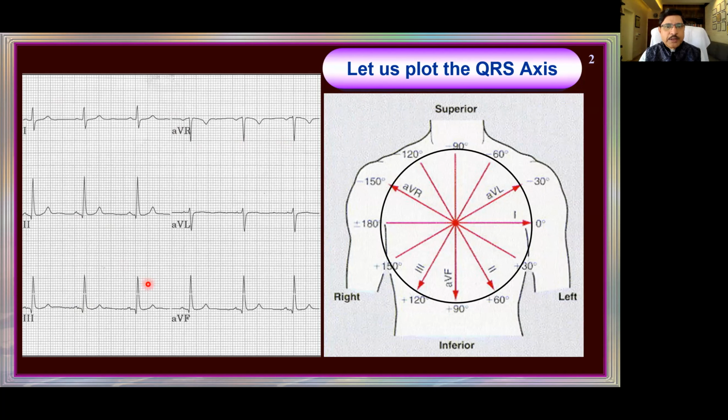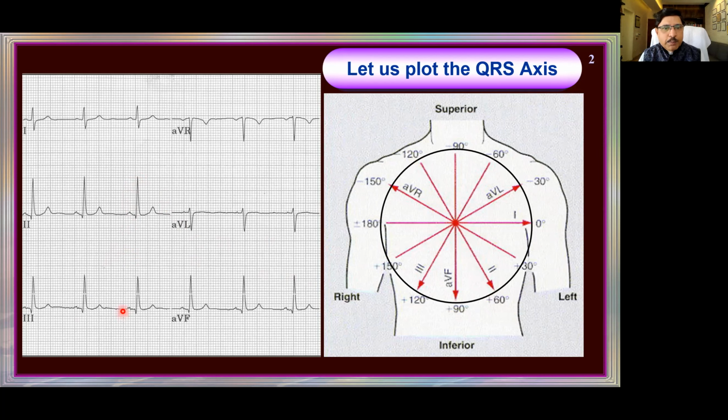Which among the 4 positive deflections is the tallest? Which among the 4 is the tallest? One of you answer. Deepa can answer, or anybody for that matter. Rahul, Govind. Which among the 4 is tall? Lead 2, sir. Yes, lead 2 is the tallest. What is my lead 2 here? This is the lead 2, isn't it? This is 120, 60. This line is the lead 2. Is it positive or negative? Positive, sir. Positive means it must be this side. Negative means it must be that side. So my axis is plus 60, around plus 60.